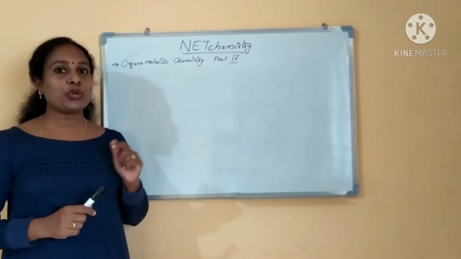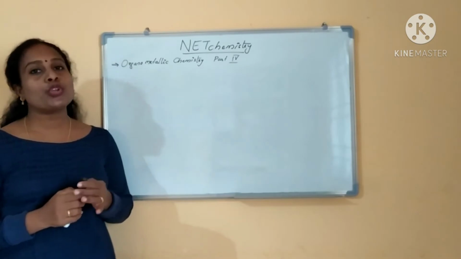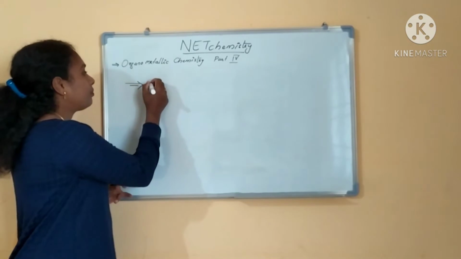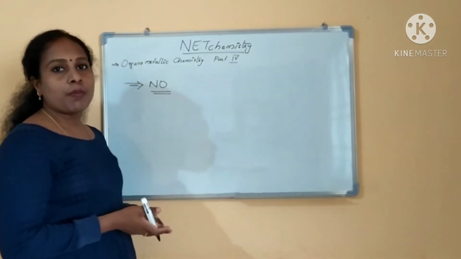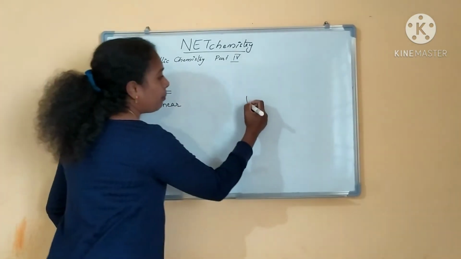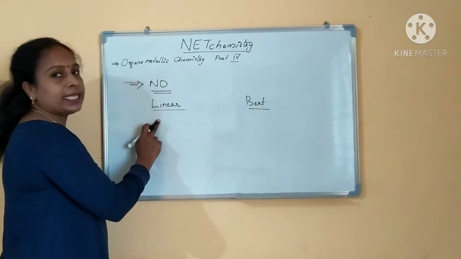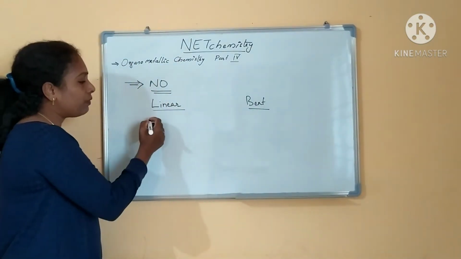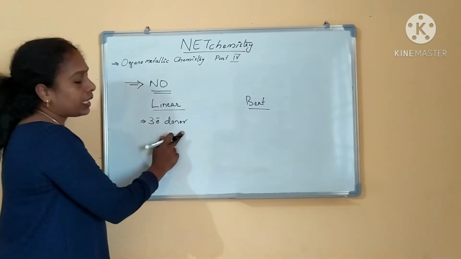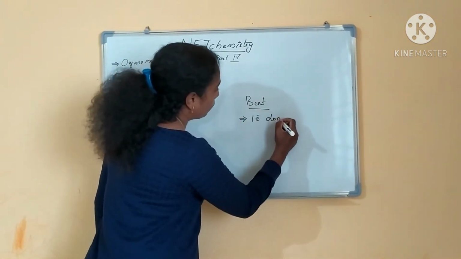We were discussing organometallic chemistry, carbonyl and carbonylate ion, we have seen, right? Today I am going to tell about the nitrosyl ligand, how nitrosyl will behave, okay? If you see the nitrosyl complexes, there are two types of nitrosyl: one is linear nitrosyl and the other is bent type, okay? Linear nitrosyl is a 3 electron donor, but bent nitrosyl is a 1 electron donor, okay?